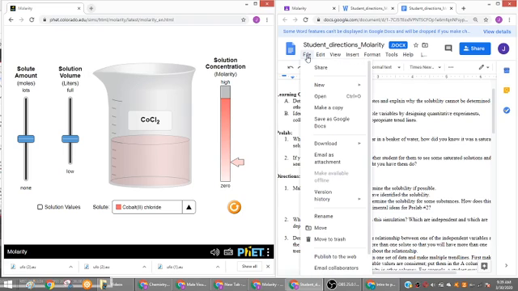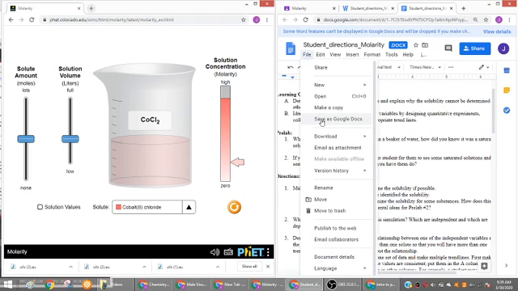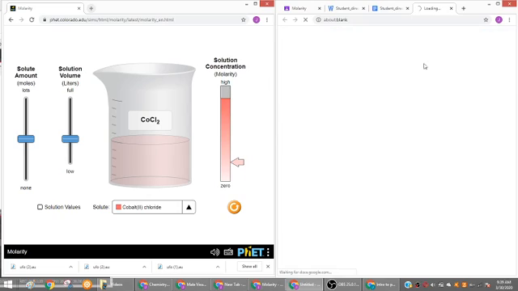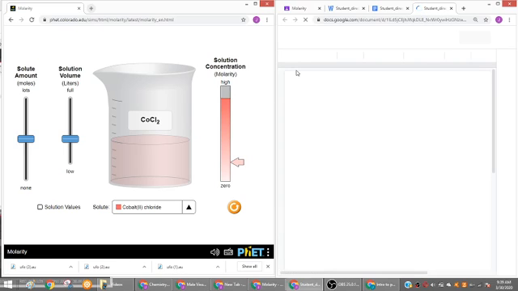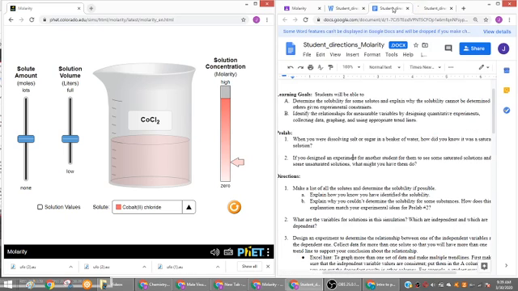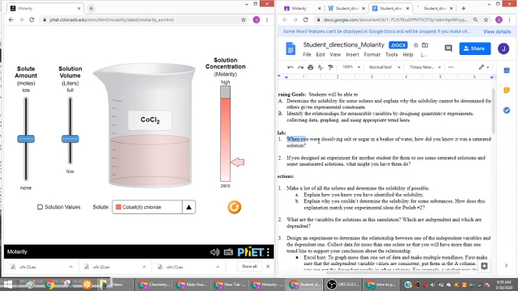Before you do any of that, you probably do want to save it as a Google Doc. So click that, and it'll do the complete conversion of a docx file to a Google Doc. And now it's your own. I would like you to share it with me. Now, directions. The pre-lab. When you were dissolving salt or sugar in a beaker of water, how did you know